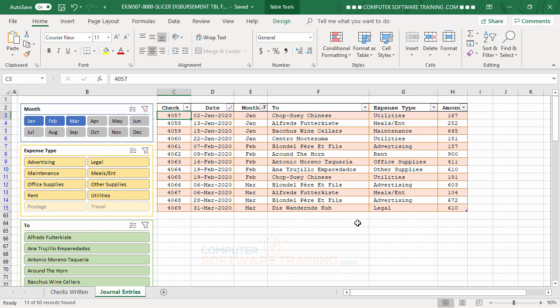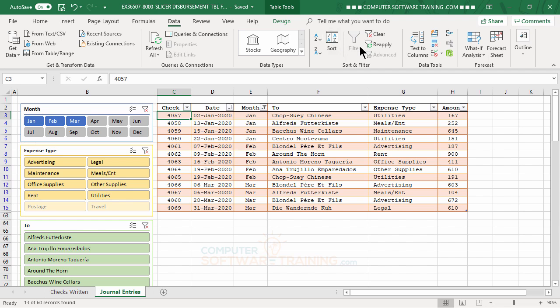What's kind of interesting about all this is that when you convert your database list, in this case, into a table, it automatically puts the filtering in place. You can always go in and turn off the filter if you wanted to. You can always go to data and turn that off if you wanted to. But the point of the matter is that